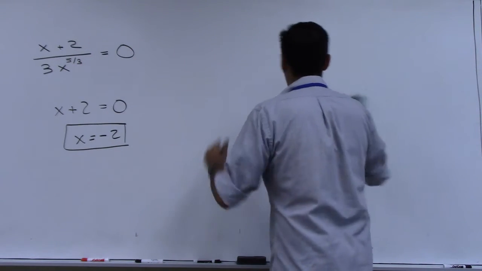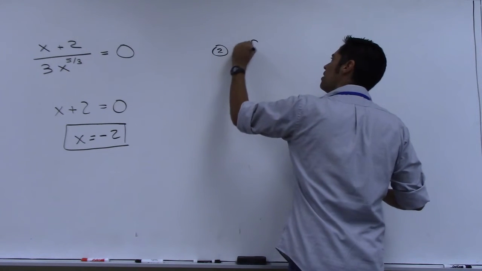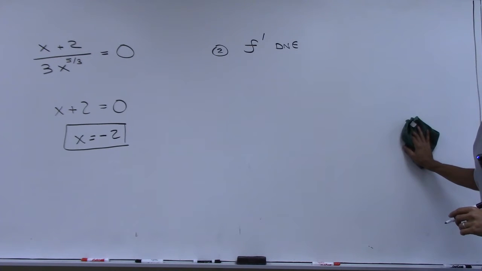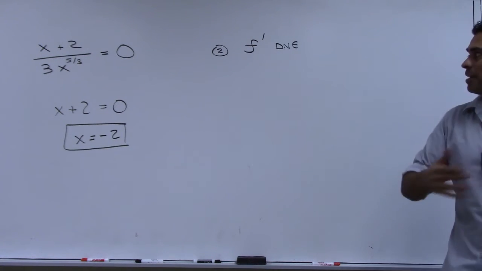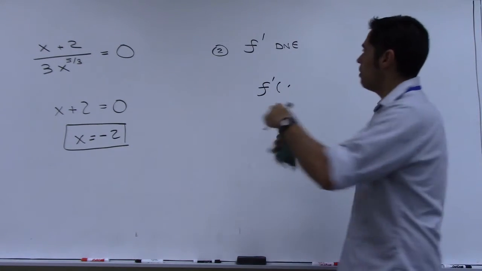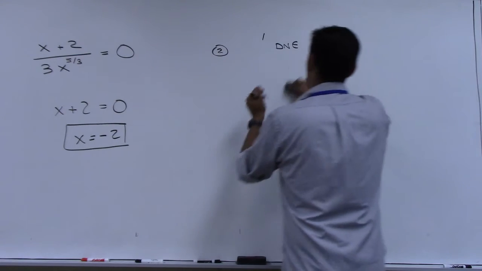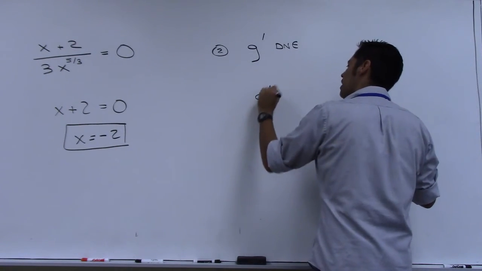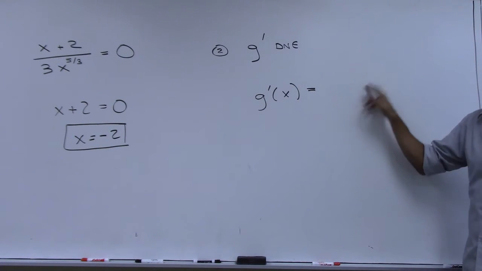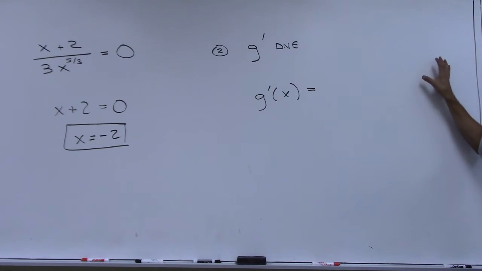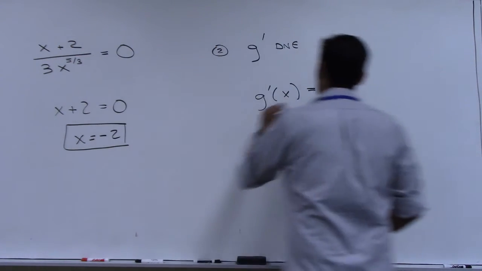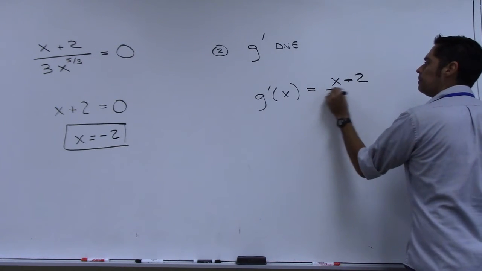The second thing I have to look at is where does the derivative not exist? Well, let's look at the derivative again. The derivative, oh wait, it wasn't f, sorry. This was g, pardon me. G prime doesn't exist. We had a complicated version of the derivative. It was like 1/3 x to the negative 2/3 plus 2/3 x to the negative 5/3, right? But we cleaned up that side, and it all turned into this, didn't it? So this is really a cleaned up version of the derivative.